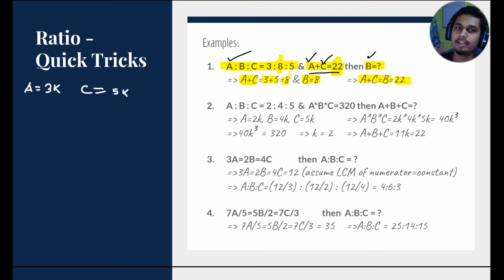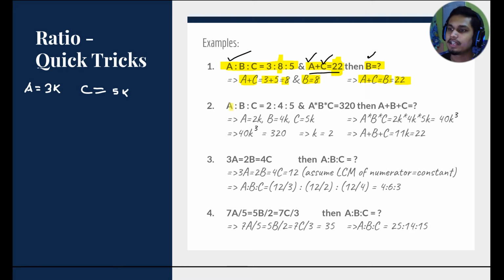So we can directly approach this and get the number of units for the variables given in the ratio, and we can use it and use our concept, and we can solve these questions very quickly. Let's move on to the next